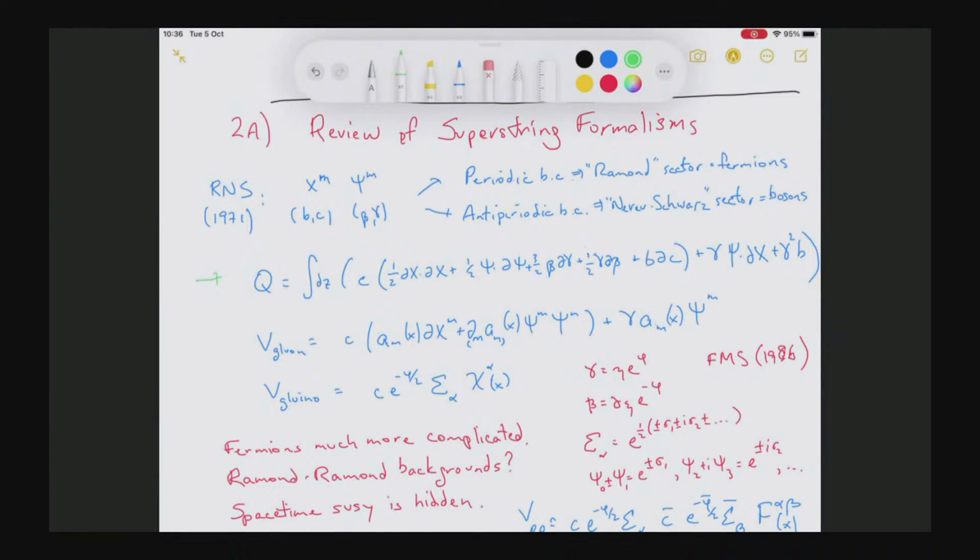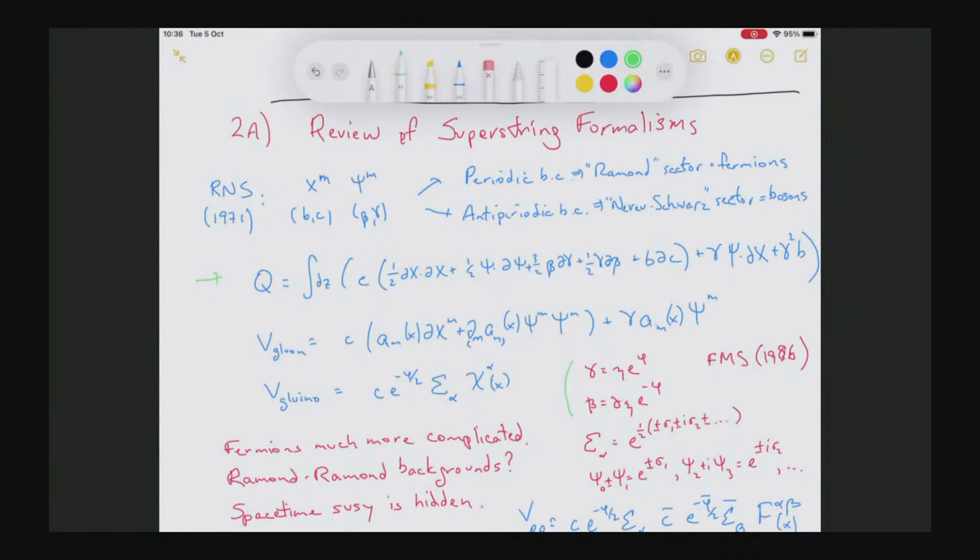But to discuss the Ramond sector or the spacetime fermions, you need to bosonize the ghosts. So this was done by Friedan, Martinec, and Shenker 15 years after the formalism was developed. So you have the beta-gamma ghosts here, which we're going to fermionize. So these are bosonic ghosts, but we're going to fermionize them by writing them in terms of these 8 eta xi psi fields, which are free fermions, and this chiral boson phi.